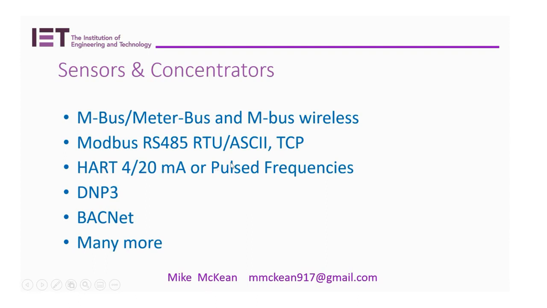You can reuse those same pair of wires without disconnecting anything. And it uses pulse frequency at 1.2 kilohertz and 2.4 kilohertz. 1.2 I think is a logic 1 and 2.4 is logic 0, or the other way around. And it means that you can have sensors installed by company A using the analog version, and if you're involved